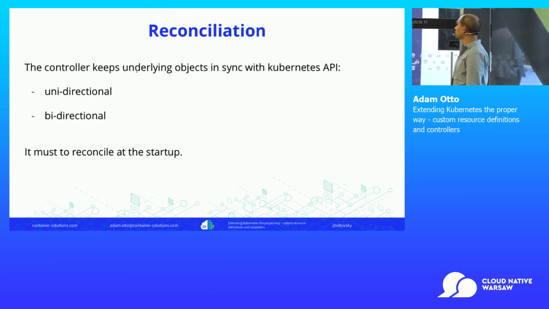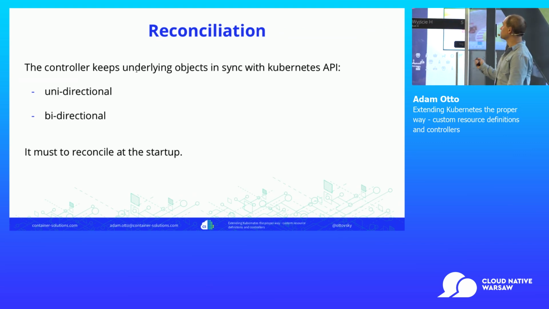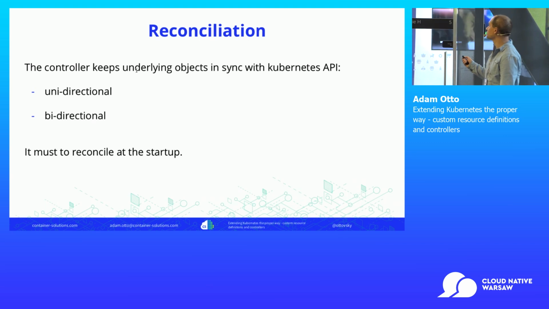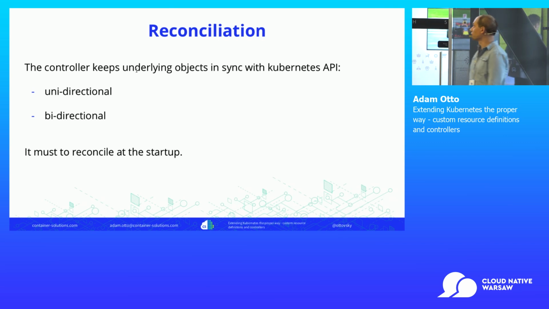Another way of calling it is the reconciliation. So this is the same. So the controller keeps underlying objects in sync with the Kubernetes API. So we can differentiate two types of reconciliation. We have